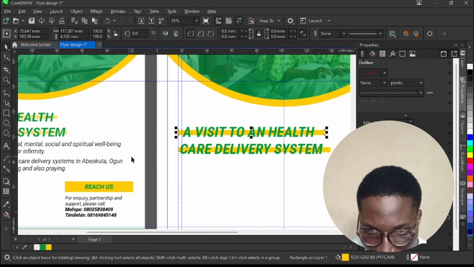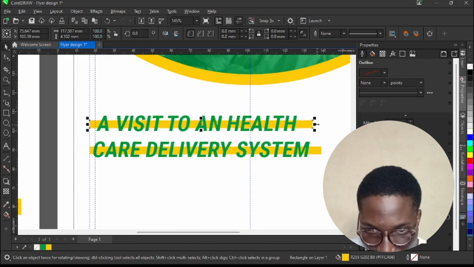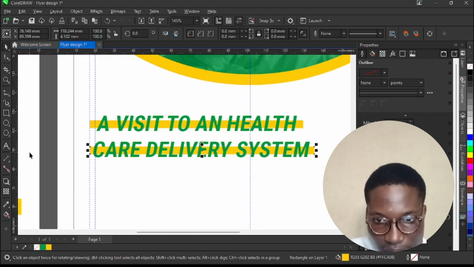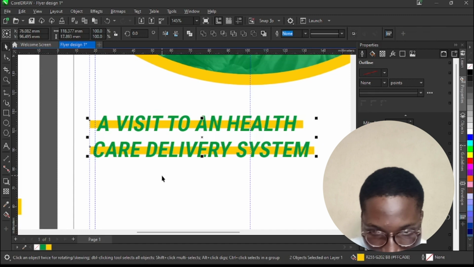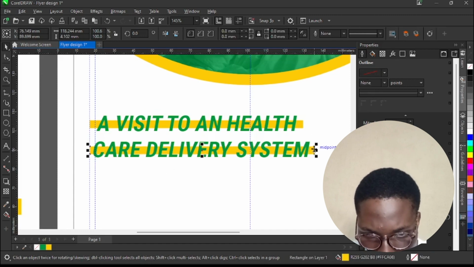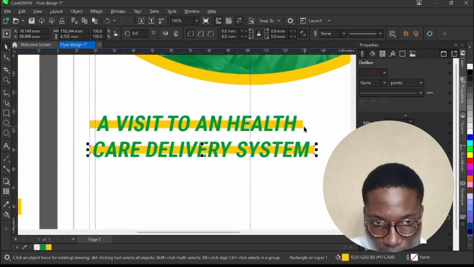Yes, this is looking much better. Let me make this a little bit smaller, and this as well. So select the two rectangles. You can do that by selecting the first one, then holding shift and selecting the second one. Okay, this needs to come up a little bit. First and second, select the two rectangles,